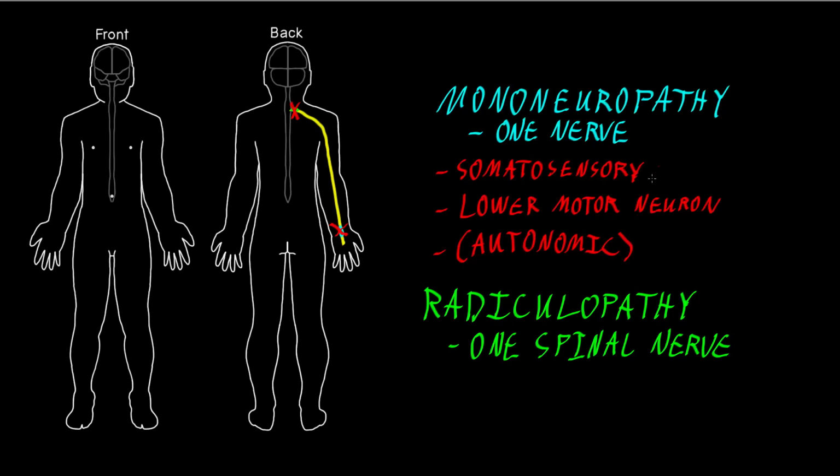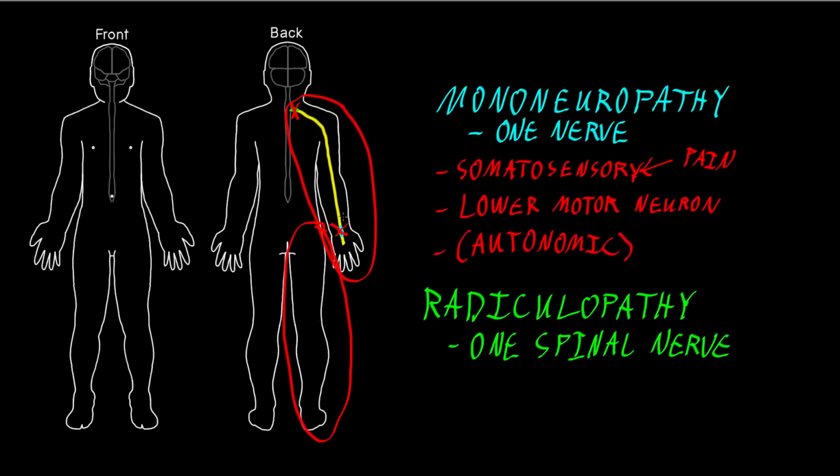Now, in particular, for somatosensory abnormalities, pain is a very common somatosensory abnormality for both mononeuropathy and radiculopathy, but often in a little bit of a different pattern. Now, the most common mononeuropathies and radiculopathies usually affect the limbs. So usually there'll be one arm or one leg where we're seeing the symptoms and signs. You can see other nerves involved that aren't going to the limbs or other levels of spinal nerve roots. However, they just tend to be much less common than the ones that cause symptoms in one arm or one